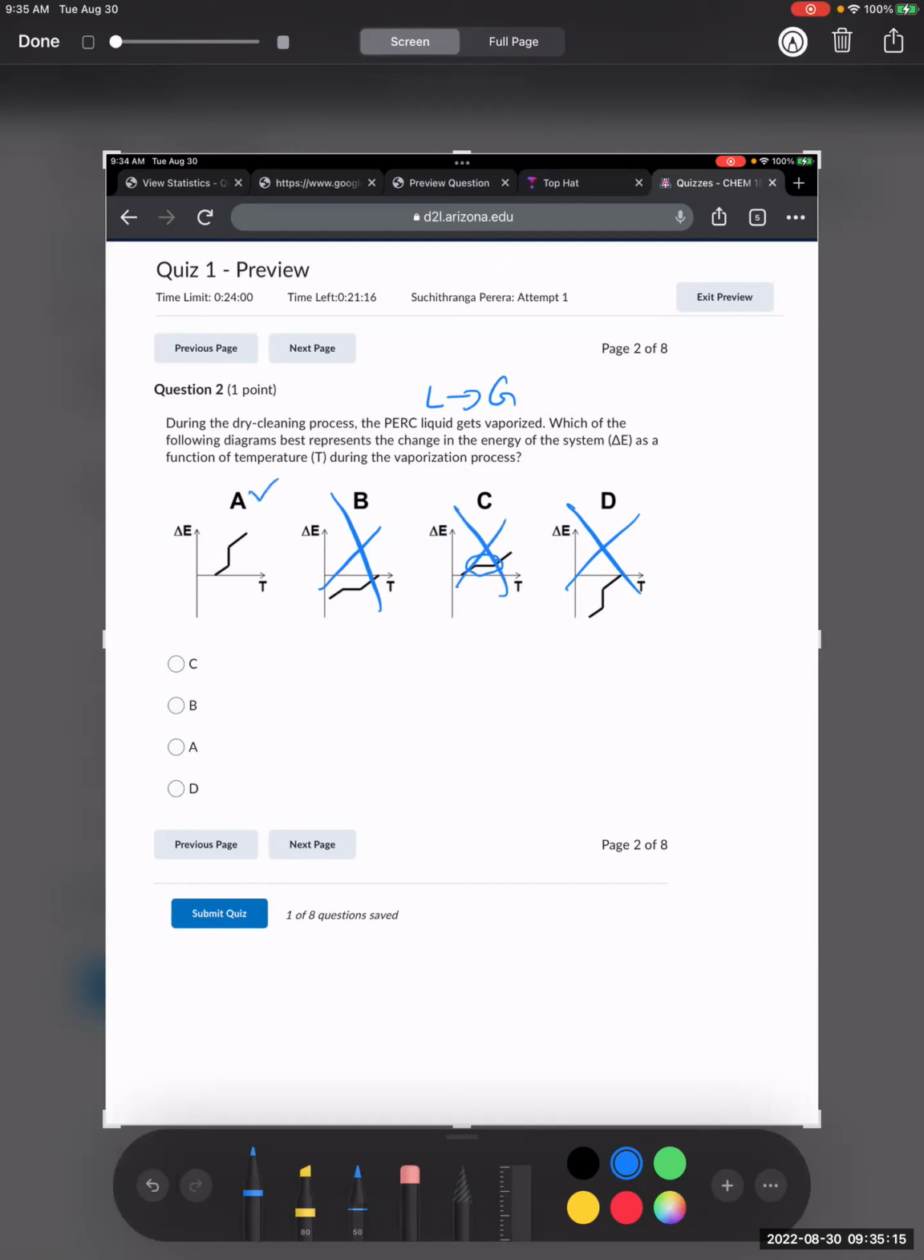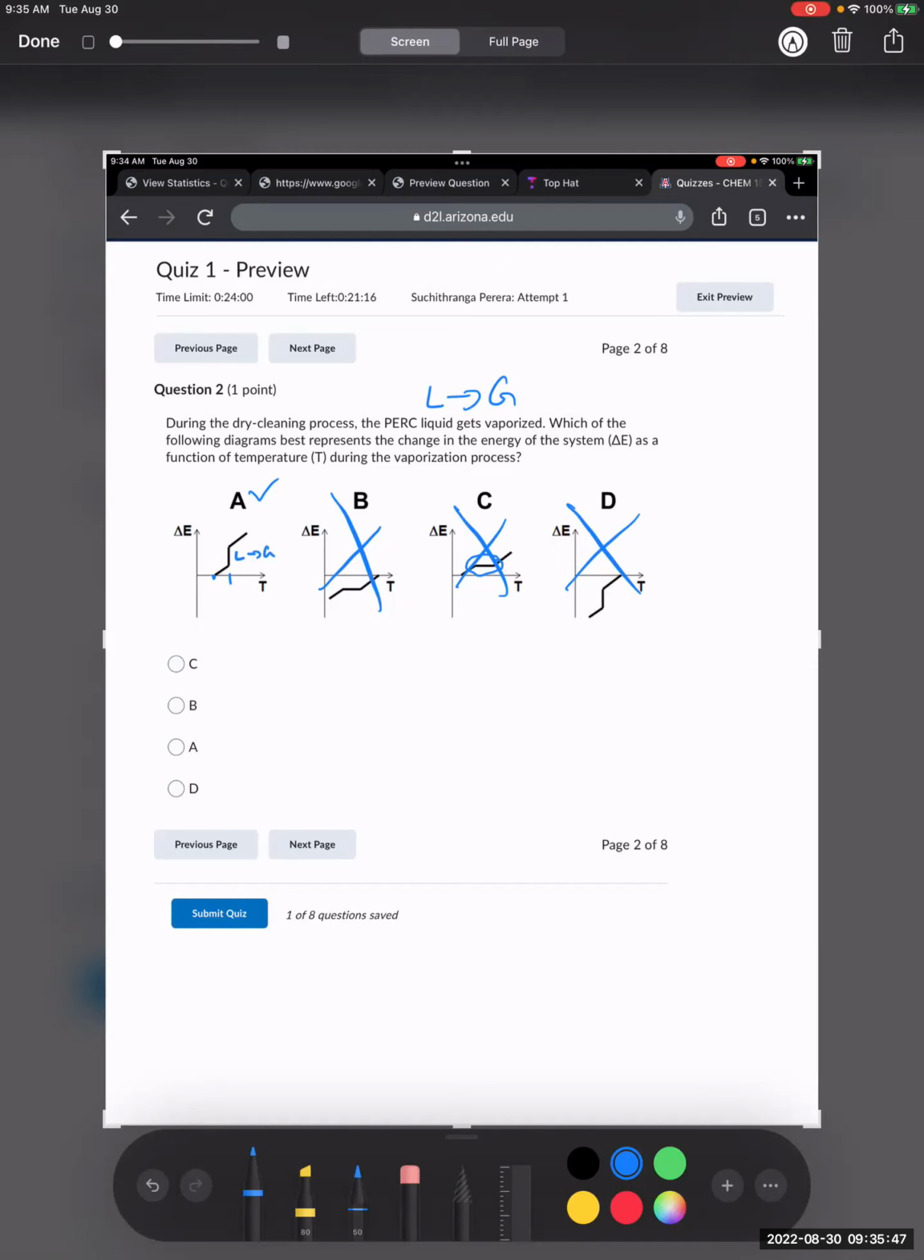Just to walk through this answer, you always start reading at delta E equals 0, because at that point we haven't done anything to the system. The change in energy is 0 initially, at the beginning. Therefore, we're going to start at this point. And then we increase the temperature. With an increase in temperature, energy increases, and then during the phase transition, which should be the liquid to gas phase transition, the temperature does not change, but